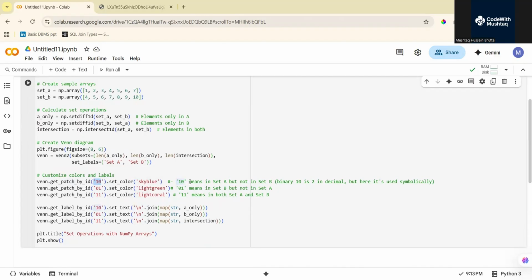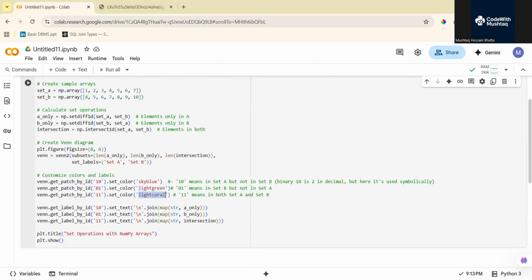I have defined in the comments that 10 means in set A but not in set B. Binary 10 is 2 in decimal, but here it is used symbolically. 10 means set A but not set B, and 01 means set B not set A, and 11 means both, the common. Okay, and we color set A as sky blue, set B as light green, and set C as light coral,